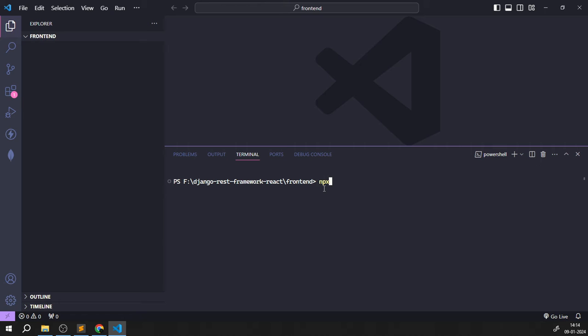We need to use the npx command. npx create-react-app, and then you need to give a folder name you want to create. I'm going to give the application name as e-commerce. So once I enter this command, npx create-react-app e-commerce, what it is going to do here is